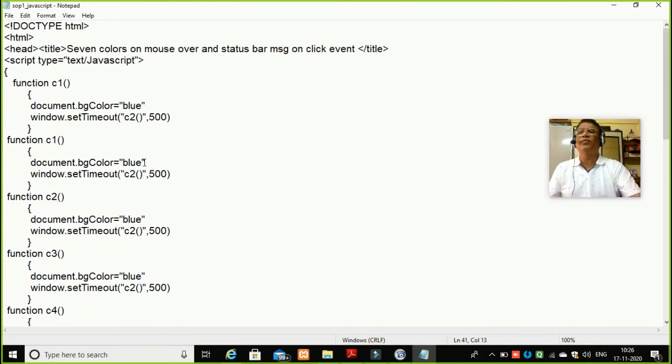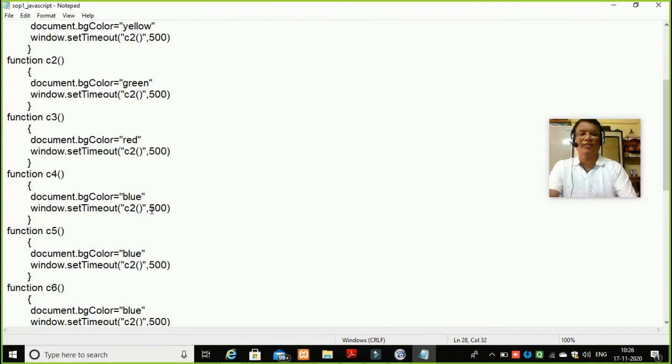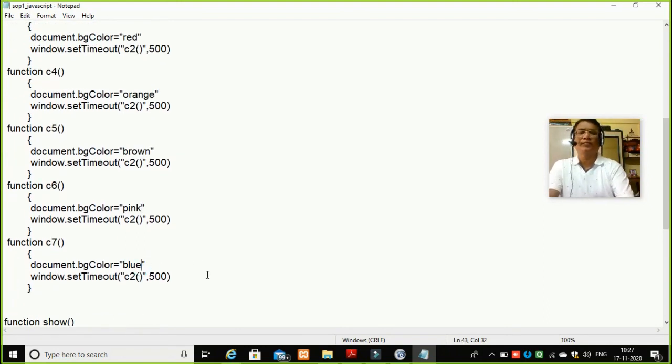Now every color is blue, so I'll write here yellow, I will write here green, I will write here red, I will write here orange, I will write here brown, I will write here pink, I will write here cyan. So these are the colors.